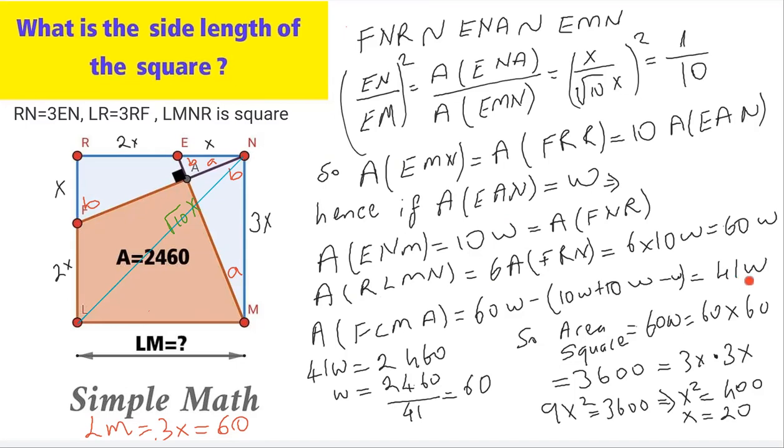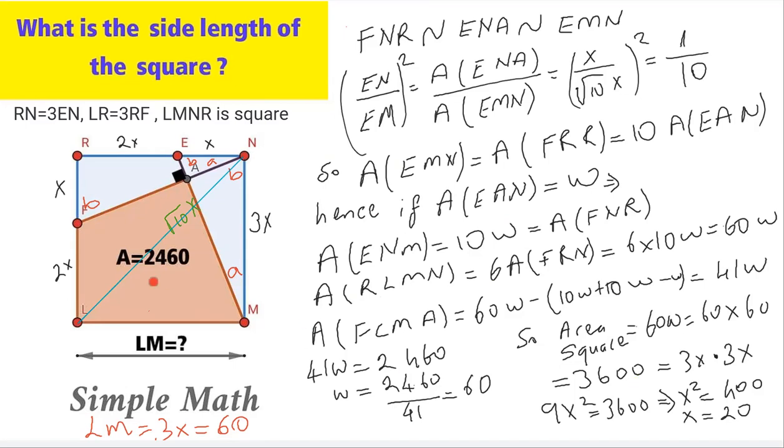So 41W equals 2460 units square. It is given. If we solve this equation, we get W equals 60 units squares. So if W is 60, the whole shape is 60W. So 60 times 60,